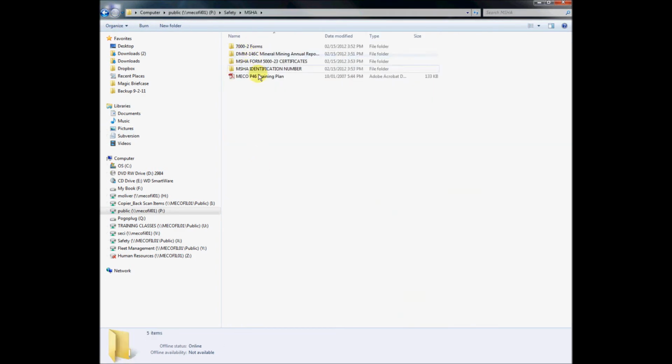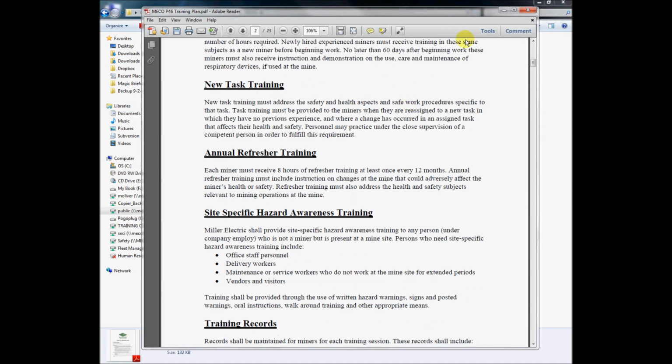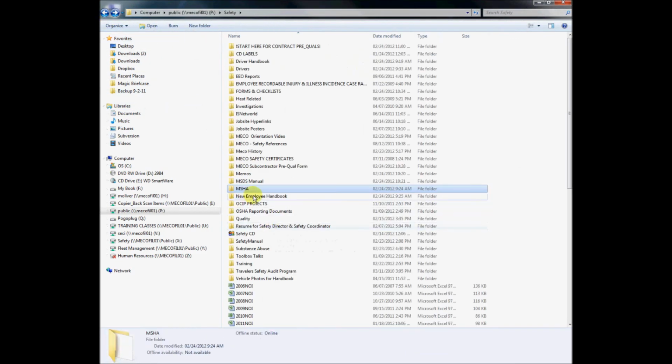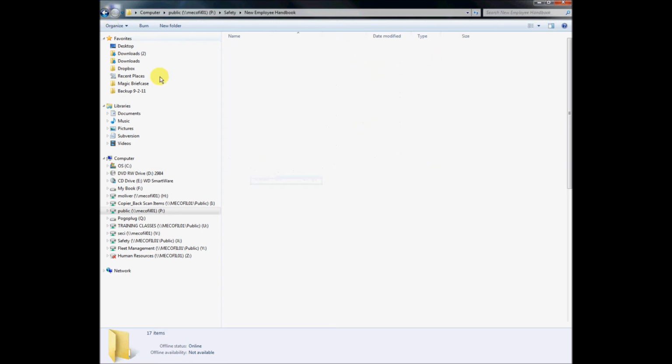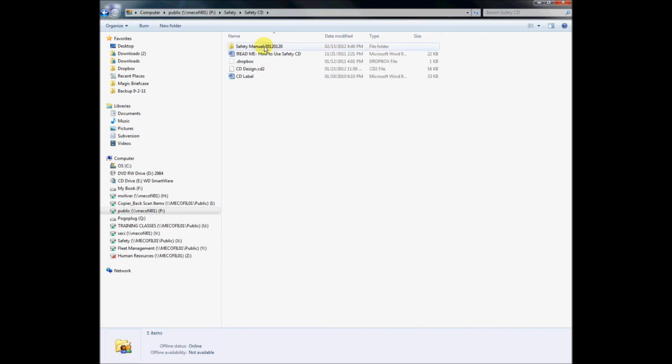And here's MSHA information. Here's our Miller Electric Company Part 46 training plan for MSHA, which is the Mine Safety and Health Administration. Here's our new employee handbook. If you want an individual section, there you go, but if you need the entire handbook, there's the PDF with everything in it. OSHA projects, OSHA reporting documents, you need a quality assurance plan, resumes for myself and William Watson,